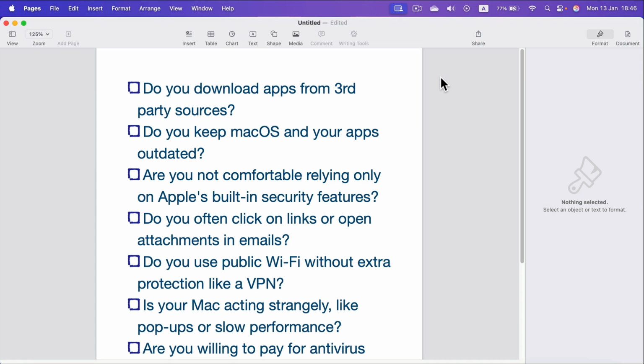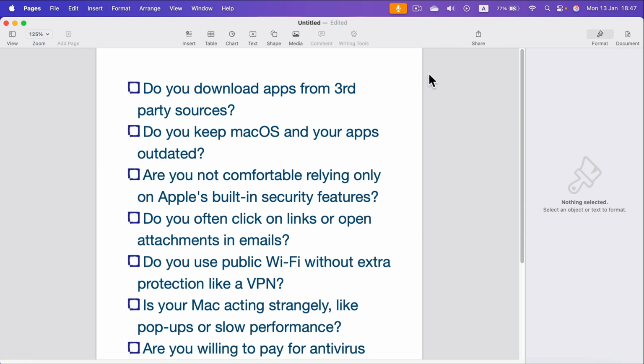Do we need extra antivirus software for our Macs in 2025? If you start searching more about this, you will find answers for both yes and no. It's pretty confusing, and the truth is they're both right. To determine that you need antivirus, it's all based on your use scenario. How do you use your Mac? I have created 7 questions here that we need to answer in order to know